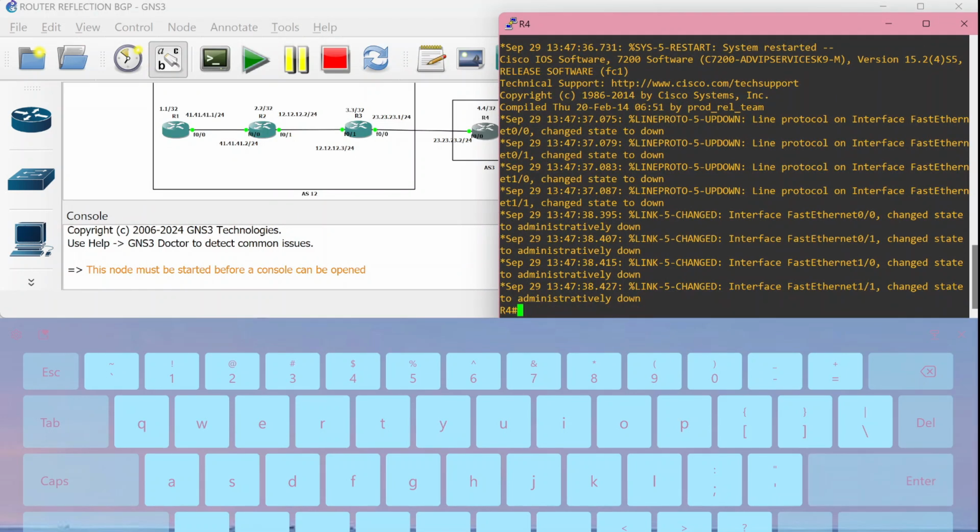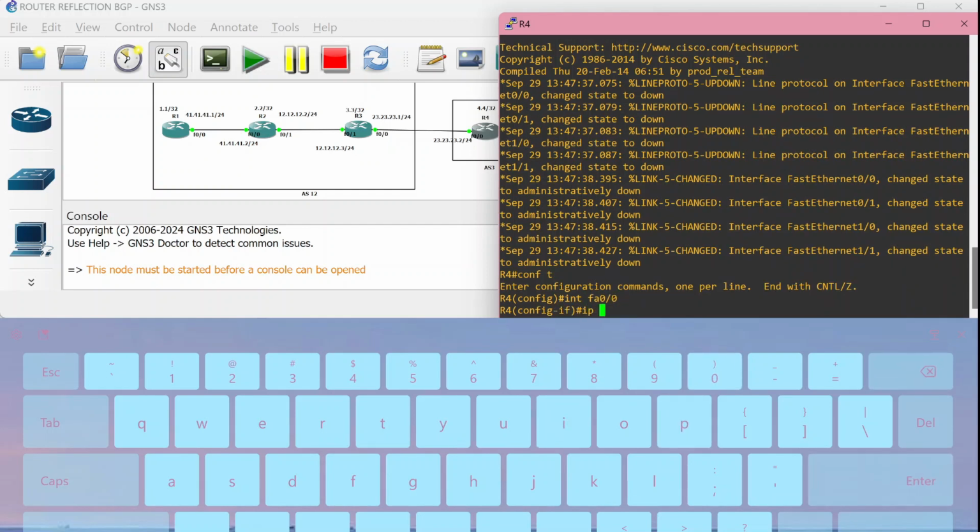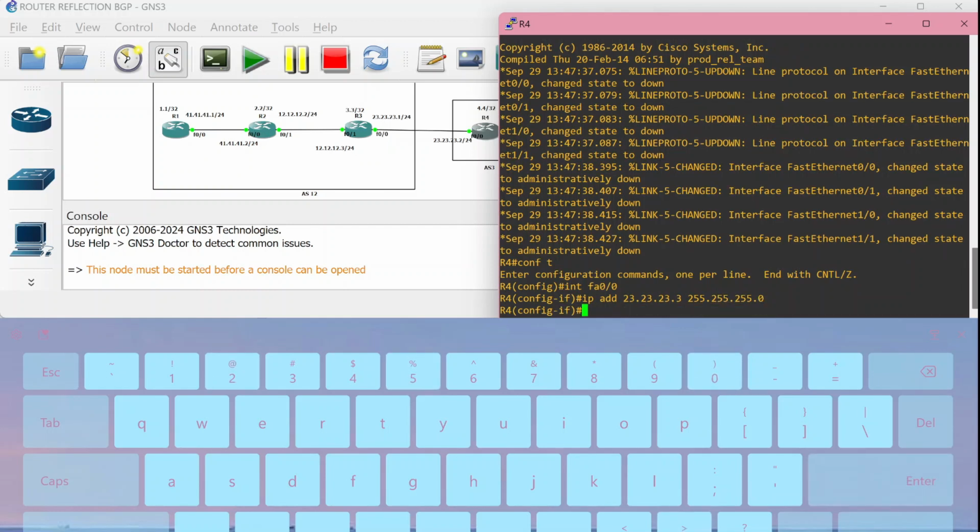Okay, enter configure terminal again, because if you want to start configuration you can enable first. You can enter configure terminal, up to you. So this is just entering the port that connects to router number 3.